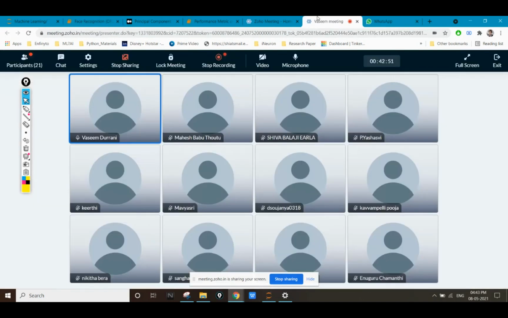Is PCA clear to you? PCA is just a method to reduce the dimensionality of any type of object or any type of data set. If we have numerical data also and we want to reduce the dimensionality or reduce the number of features of that data set, then also we can use PCA.